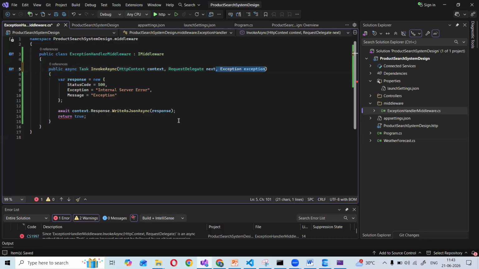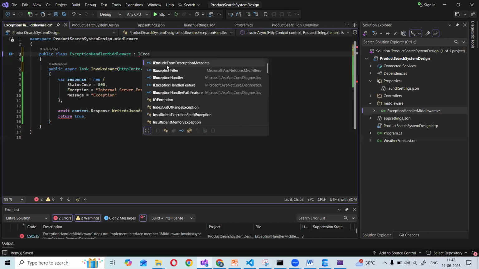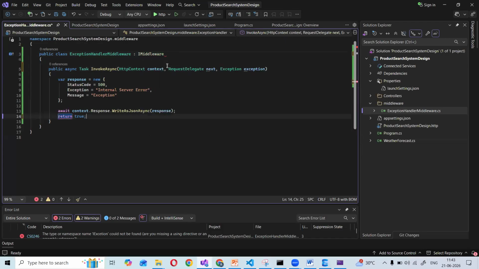Yeah, sorry. I'm talking about creating a middleware, right? So now I'm creating exception middleware. My intention is, if you want to create a normal middleware, you are able to create it like this one. Now I want to convert this one into an exception middleware. So I just created a normal middleware. Let me convert this one into an exception middleware.